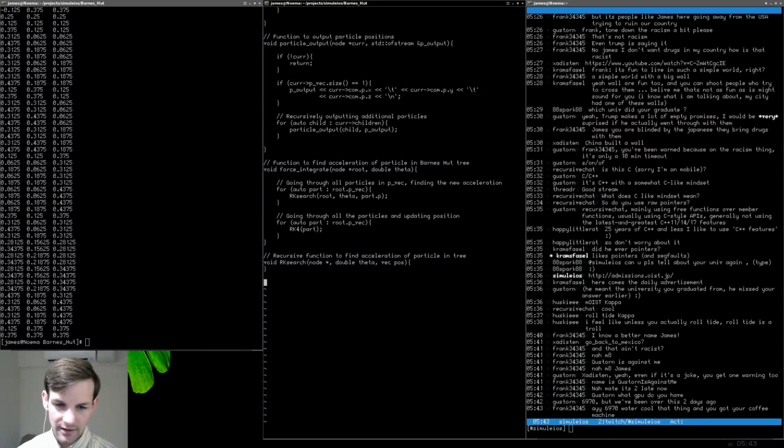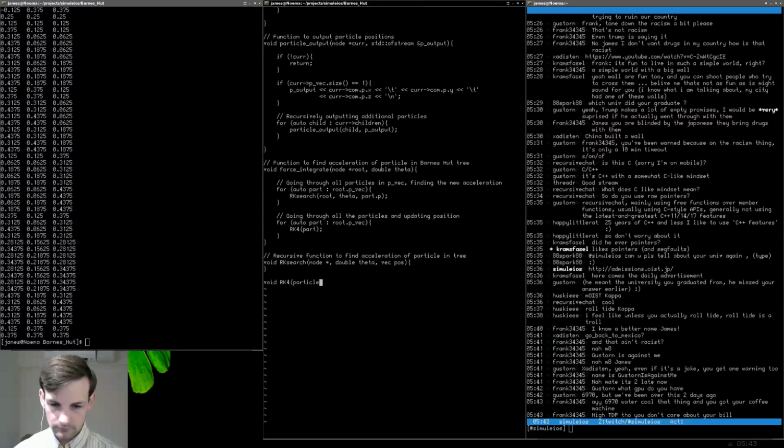Let's go down here and let's say void rk4. And again, definitely better ways to do this. This is just what I'm thinking about now. So it's going to be particle part. Now again, the particle has the velocity, the acceleration, everything like that. So this is going to be the actual implementation of Runge-Kutta